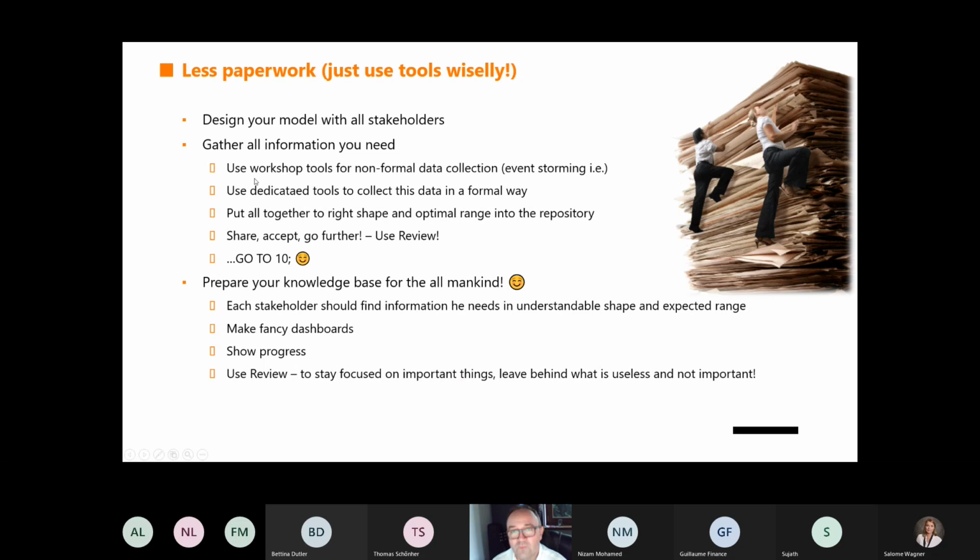So you can use some workshop techniques. It can be even non-formal techniques like event storming or something like that. But at the end of the day, you should use dedicated tools to collect this information and put it to the right place in the right format. As much as you can,